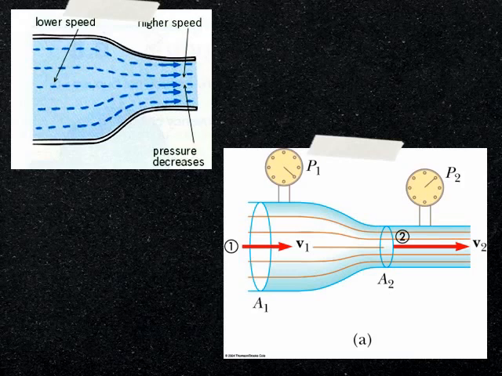What you're seeing here are the streamlines, the dotted lines, the flow of the liquid going from left to right in the top picture. Where it's wider, it's at a lower speed. Where it's narrowing down, the fluid can't get any more dense. It can't create a traffic jam. So the fluid must flow faster in the narrower part, going from low speed to high speed. So it increases kinetic energy. Another form of energy has to decrease, and that would be the pressure. So in the wide part, the pressure is great. In the narrow part, the pressure is less, going from V1 to V2 in the bottom illustration.